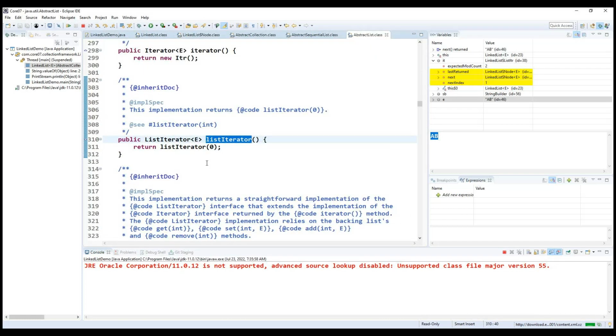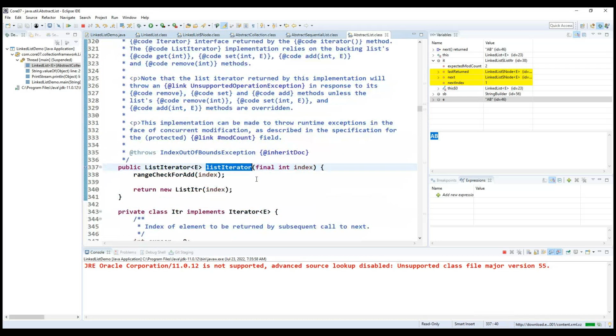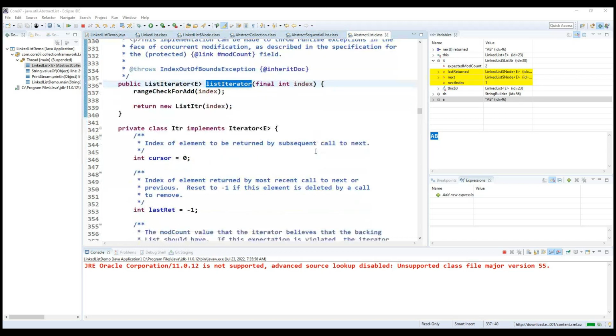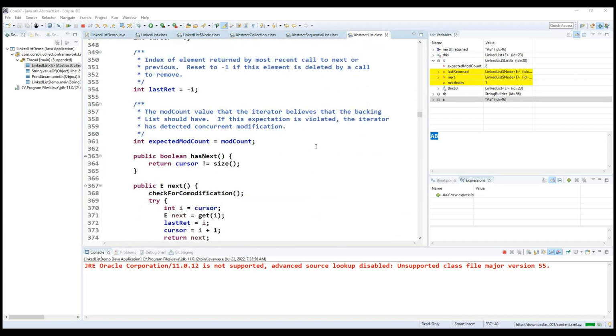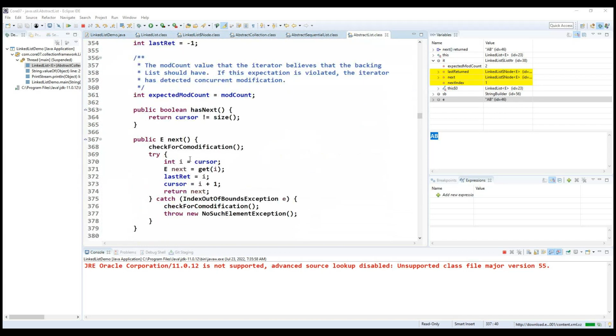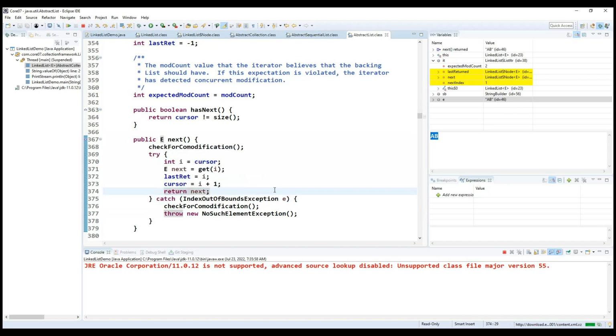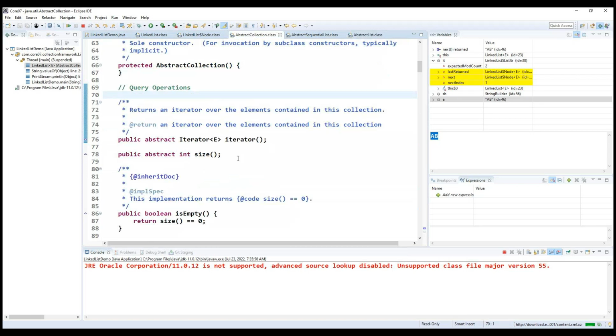Internally it is calling list iterator. So finally, next: you can see whenever we call this particular next, this is the section it is implementing. Now if you see carefully where we are calling inside this particular abstract collection,